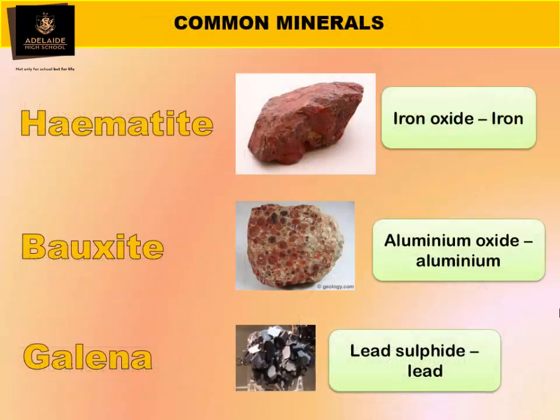All right, and these are your common minerals. Hematite is the particular mineral we're talking about. Within the hematite, you have iron oxide and the main component is iron. So whenever you see these boxes over here, iron oxide is the chemical compound, whereas iron here is the main element you see within the ore itself. All right, you have bauxite, you have galena. You'll be able to go through this bit by bit, and this is all taught in chemistry, but we will touch a bit of chemistry and bio in between, but not so much of these. Okay?